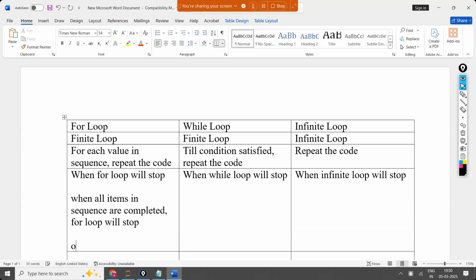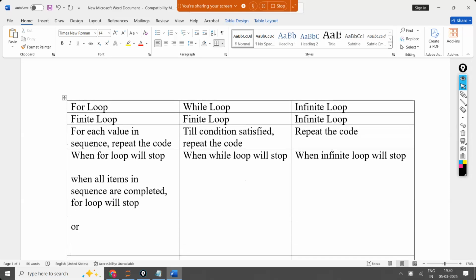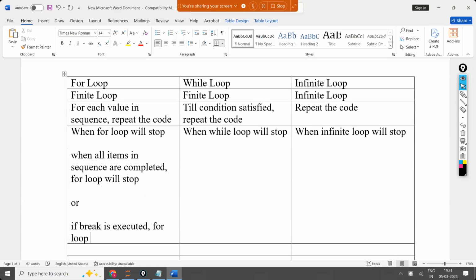The second option is if break is executed; then also the for loop will stop. Either of the two, any one. Either all the items are completed and it stops, or break has to be executed. Similarly,